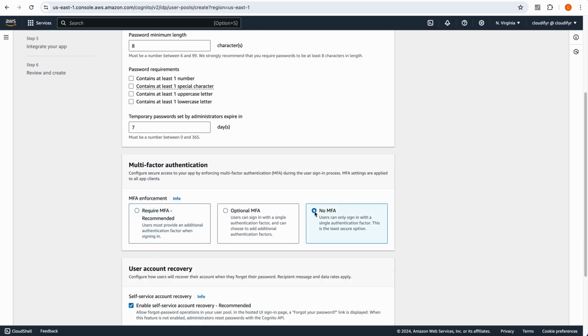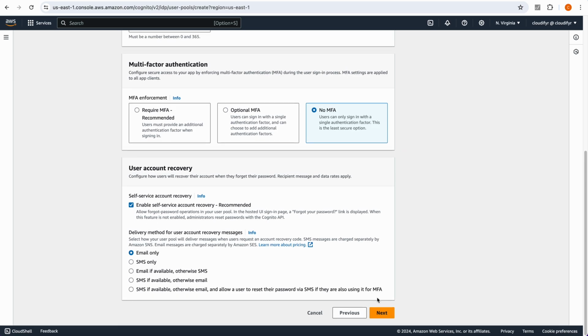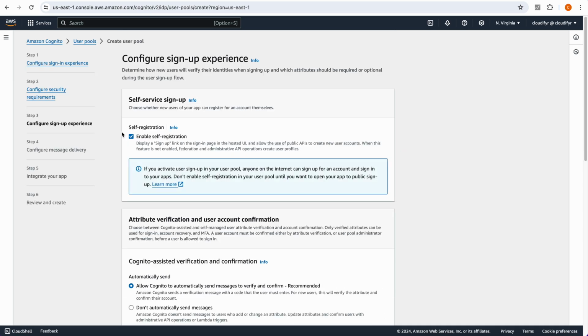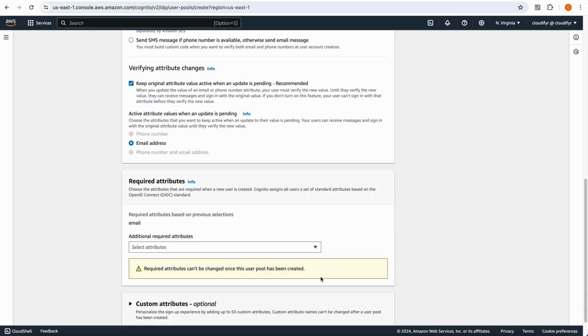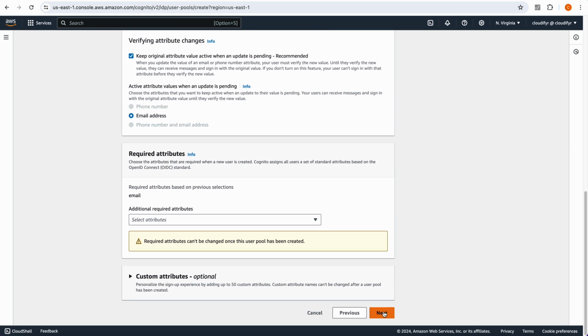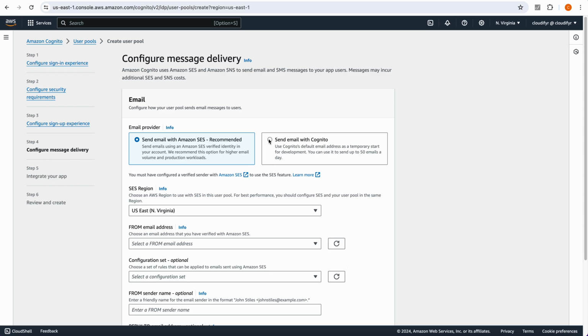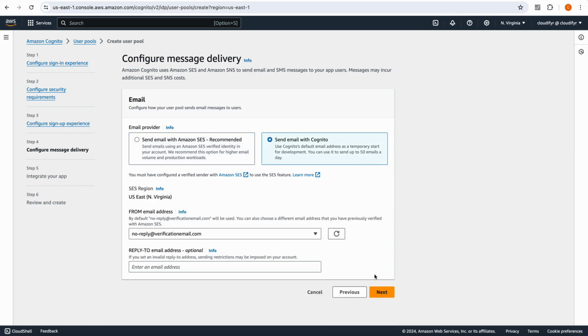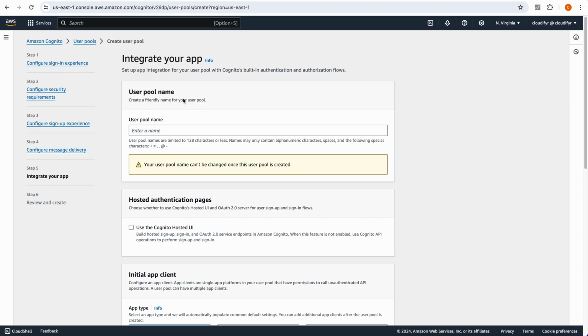Select no MFA, click on next, uncheck enable self registration, scroll down and click on next, select send email with Cognito, click next, enter your user pool name,